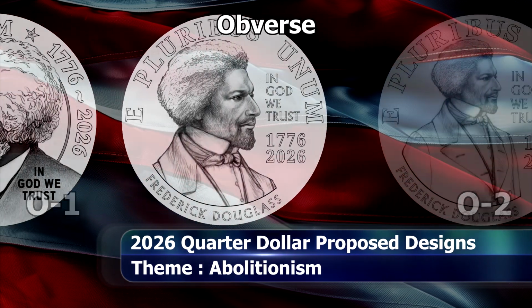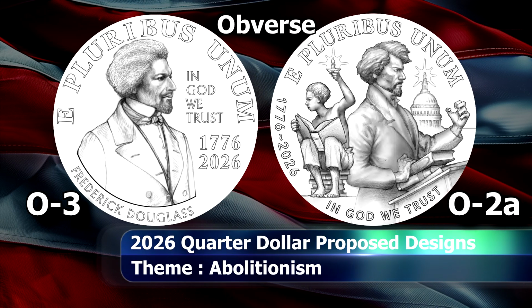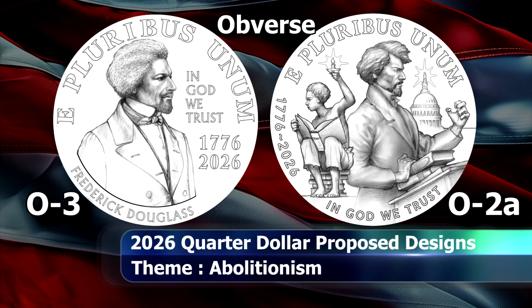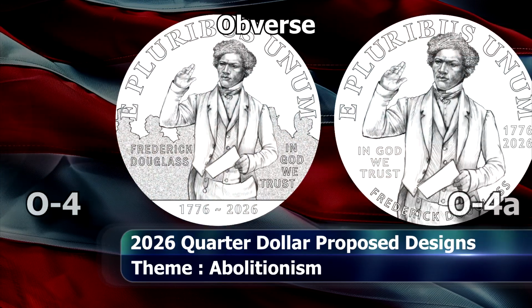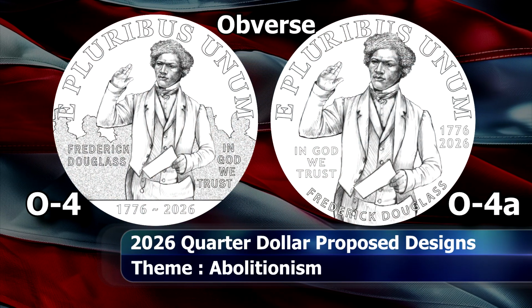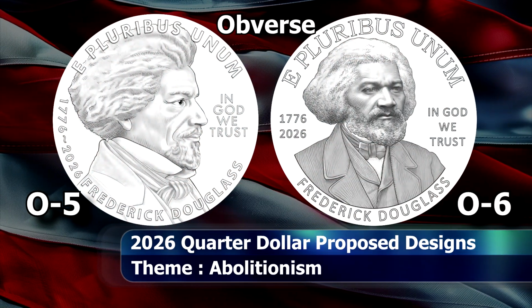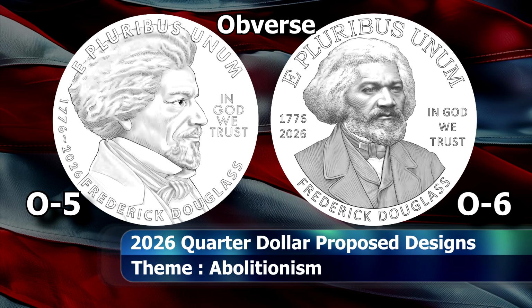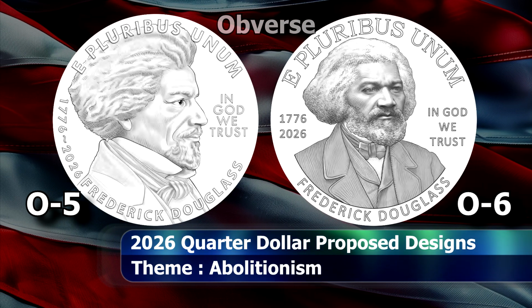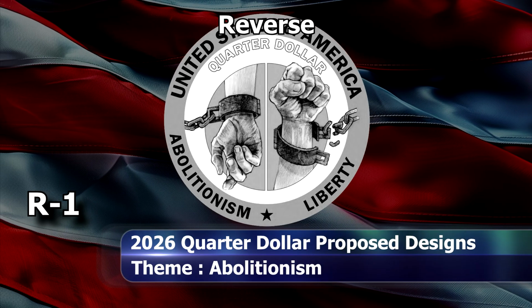the obverse of the coin prominently featuring Frederick Douglass in various stages of his life, from a young, clean-shaven man to an older gentleman with a full beard. Here, 8 design candidates were proposed for consideration for the use on the obverse of the coin. The reverse design, though, saw no fewer than 11 design candidates submitted for consideration to be used on the reverse